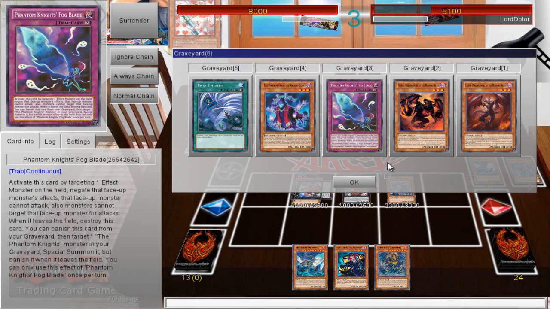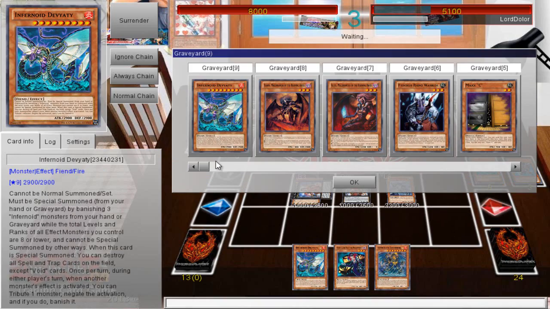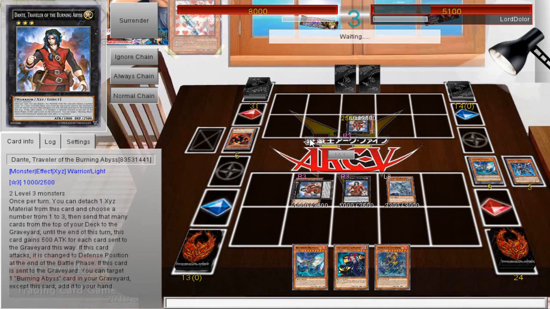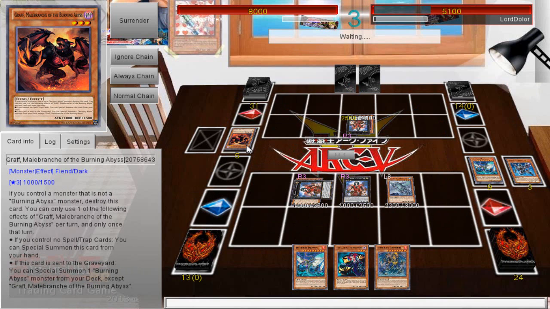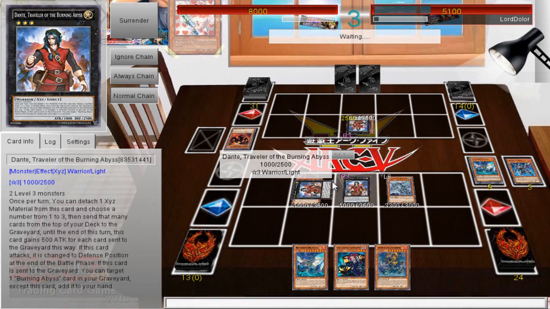But then he mills off of a Dante that he makes by revealing another Farfa out of his hand, and the Graph that came back off of my Farfa, banishing it, and he makes those into his Dante, detaching Graph, milling 3, and he mills a Fogblade and a Phantom Knight Silent Cloak, and triggers his Graph effect. So at this point, I'm like, okay, so he's playing Burning Abyss Phantom Knight with Kaijus, which I don't know